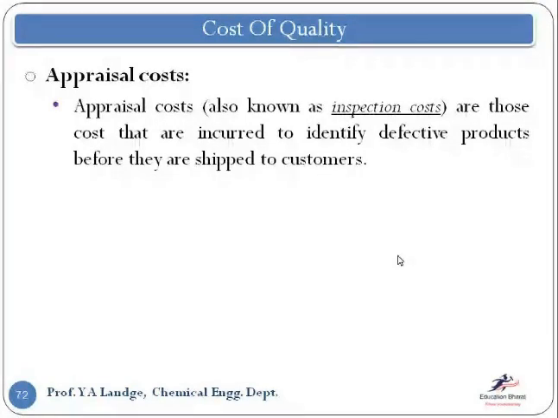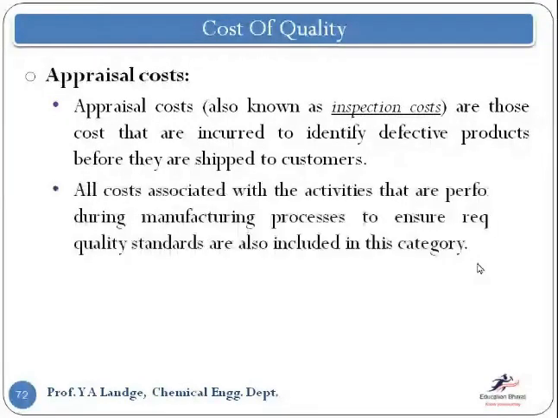Okay, so here we can say defective products. We spend the amount on the inspection of that product. So we say that the cost is incurred to identify the defective products before they are shipped to the customer. So what we do, we do the cross check. First we try to prevent the defect. Then in the next step, when we are producing the product, at that time we check the quality randomly. We do not check all the items. If you are producing thousands of units per day, you are not checking all of them, but yes, randomly you select some and check them in quality control.